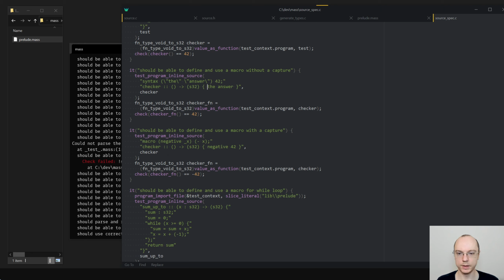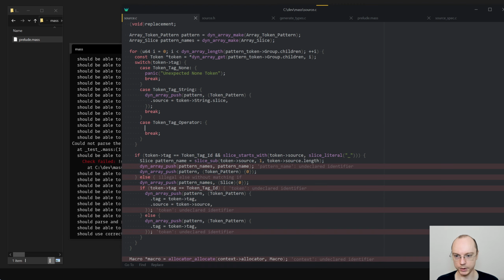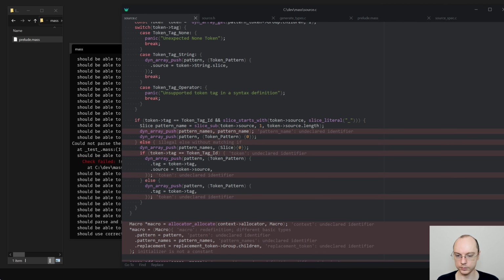Yeah, it's a bit awkward to write it in C strings, but that's how it needs to be now. So we say strings and we support them. And then the rest is gonna be just unimplemented. Panic. Unsupported token tag in a syntax definition. Okay.